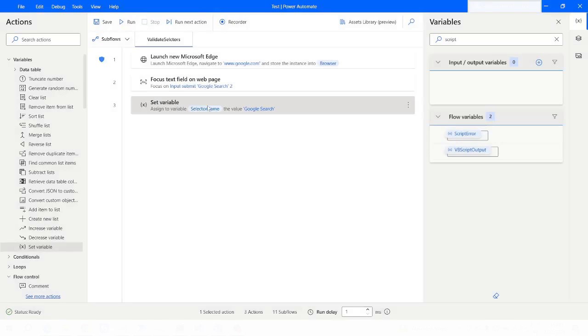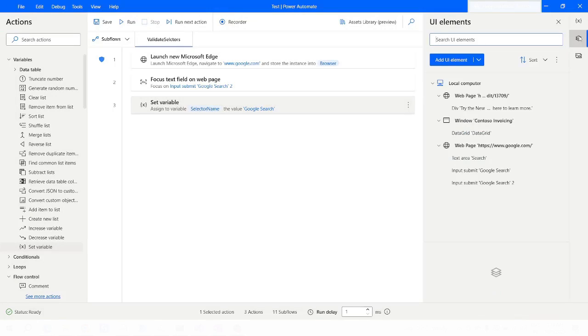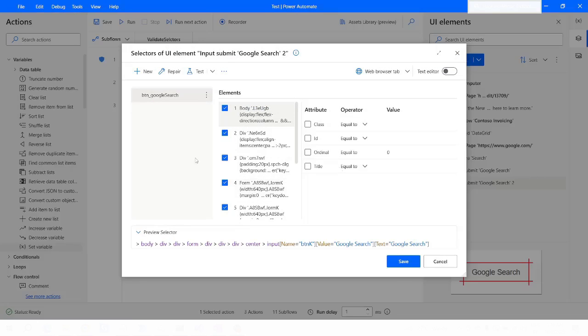Now I will go to UI element and then select this input submit Google search to,